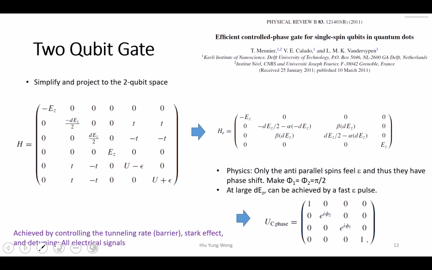Qualitatively, what they mean. But the most important thing is that we have this tunneling that allows us to couple this state to this state. Why only this state? Why does it not couple the up, up and down, down states, the parallel states? That is because the coupling